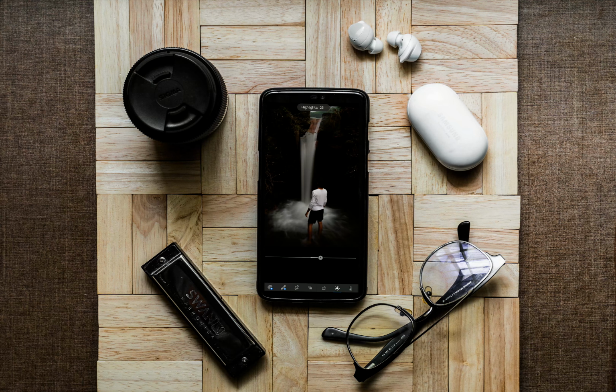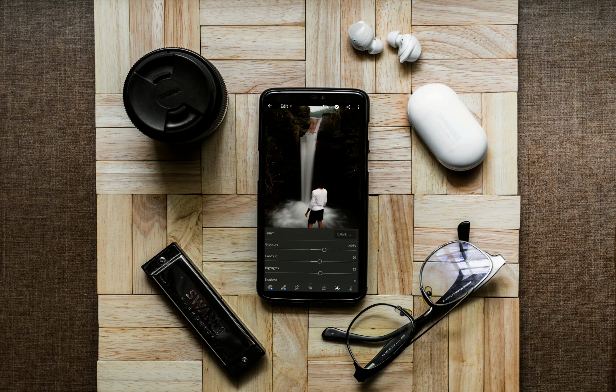So I will increase it a bit. Well, I can increase exposure a bit more. Yeah, that looks good. So now I will lower the highlight about here,